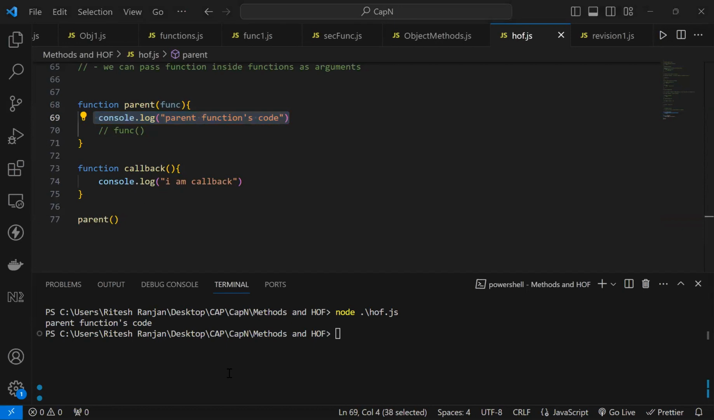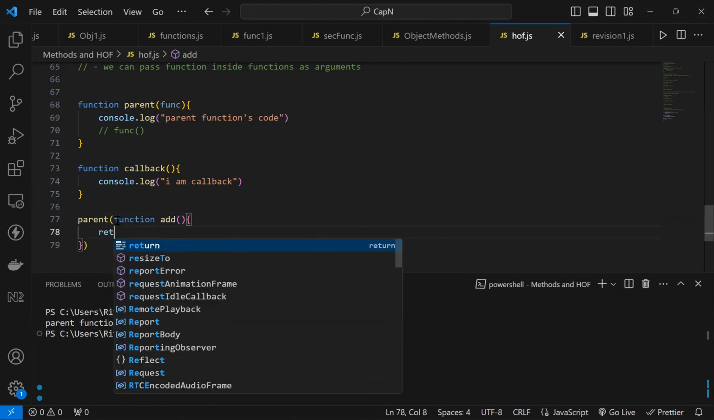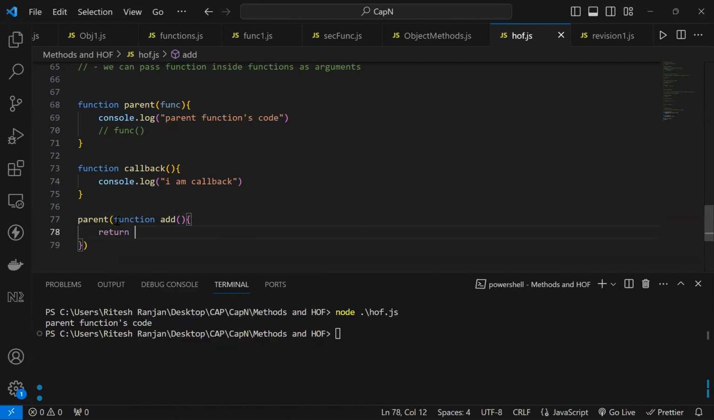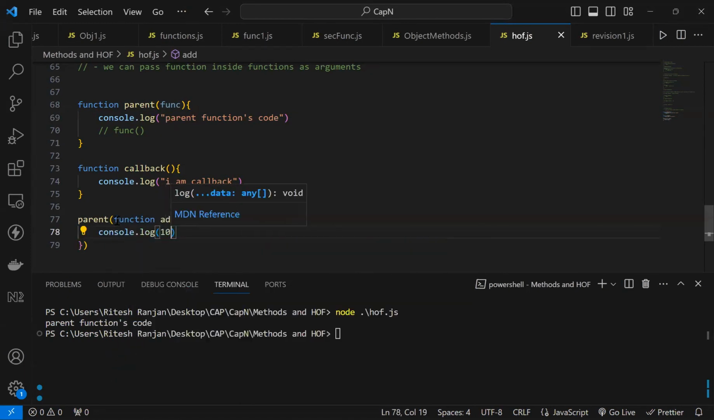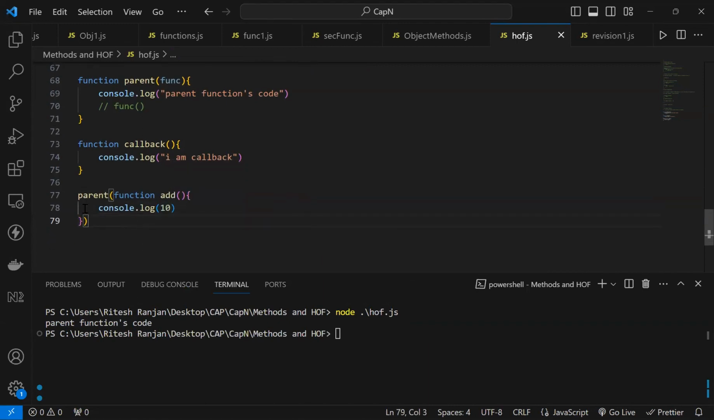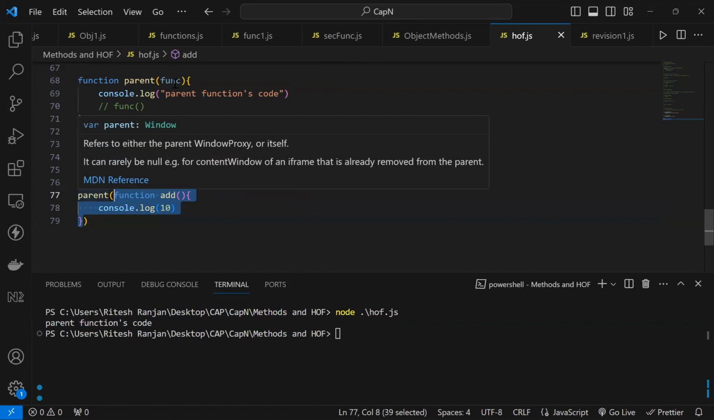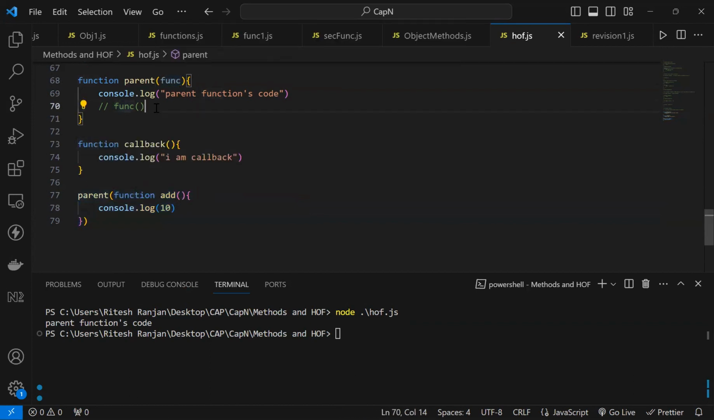Is this clear to everyone? Now let's say, just for your sake, to explain, I'm writing an add function inside this function. And this add function is basically returning 10. Let's quickly console.log 10. If I break it down, I'm creating a function add, and I'm sending it in my parent. So if I access this function